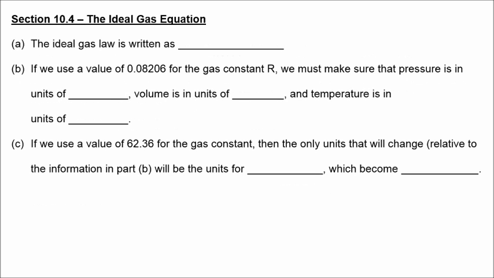So moving on now to section 10.4, the ideal gas law equation. We know this from Chemistry 1. The ideal gas law is PV equals nRT. And we see a variety of numbers in our textbook for the ideal gas law constant. The two gas constants that we typically use in AP Chemistry are 0.08206 and